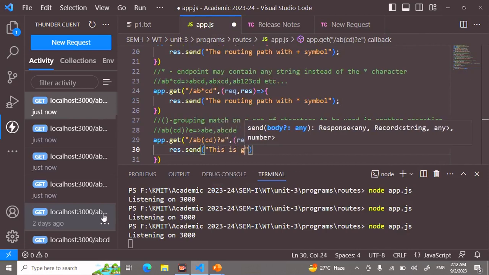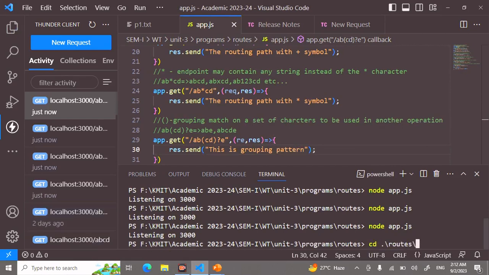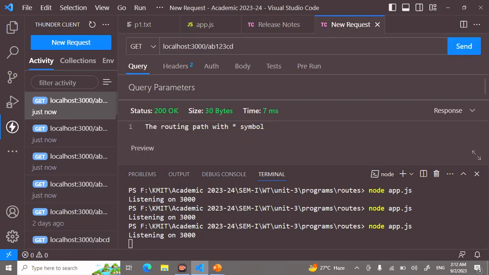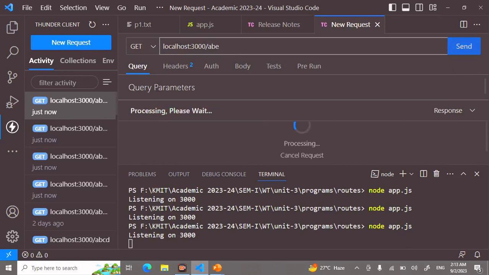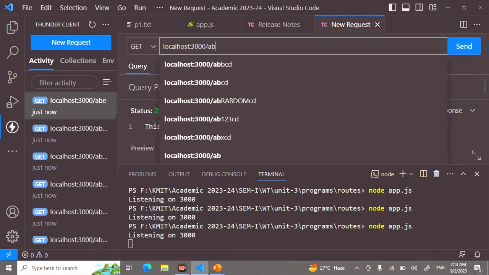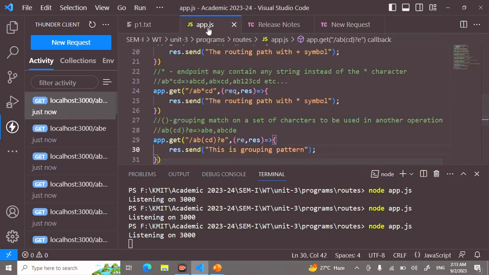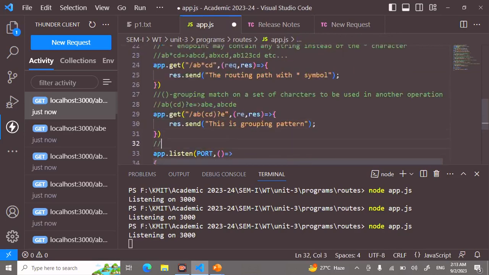This is grouping pattern. I'm just writing a prompt message, doesn't matter, you can write anything here. Save and restart it here. Running it. Yeah, let me check once. So as I said, it will accept ABE. Yeah, this is accepting. ABCDE also this will accept. Yeah, so these are different ways to write a routing path. Here the last one routing path is